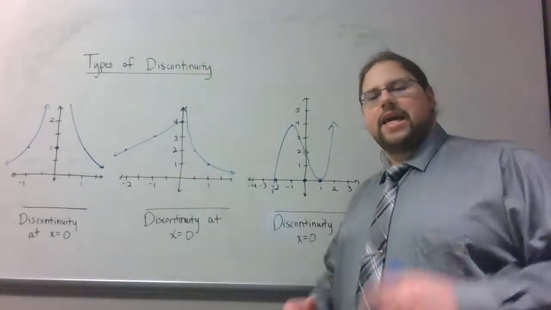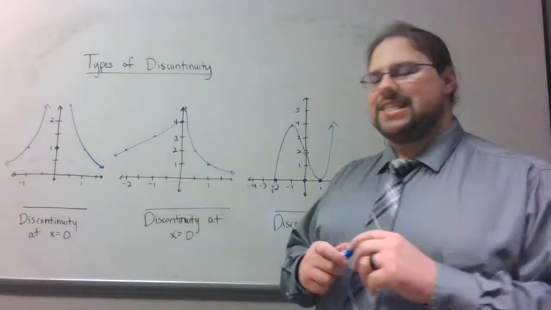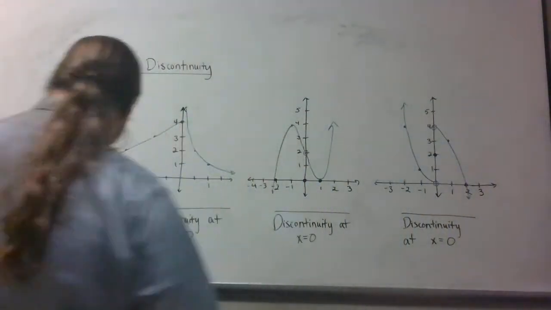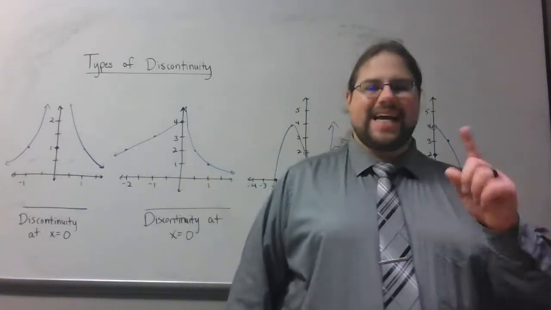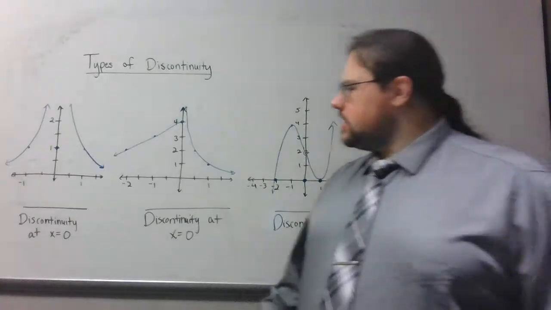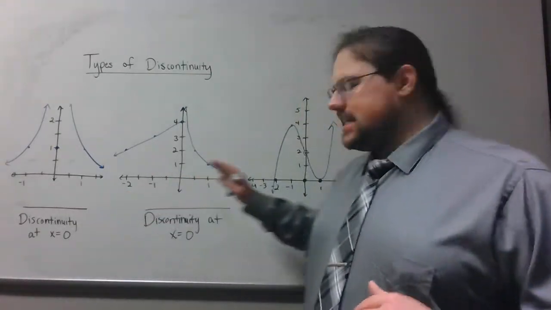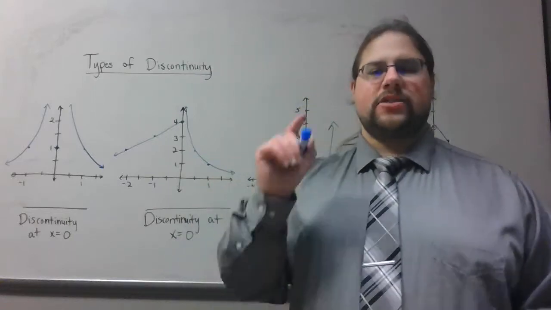All right, so I'm ready to look at 4 more quick examples, and all of them are discontinuous or have a discontinuity at x equals 0. Every single one of them has that same problem. So the question is, how are they different? Each one of these is going to be some form of discontinuity, and that's my goal, is to determine